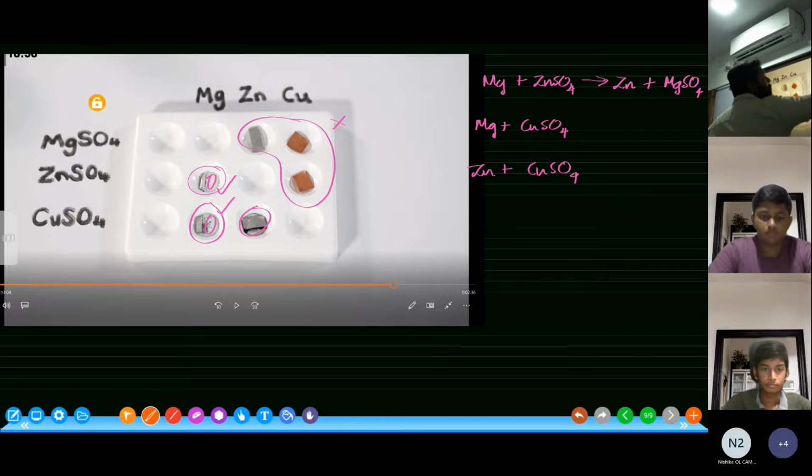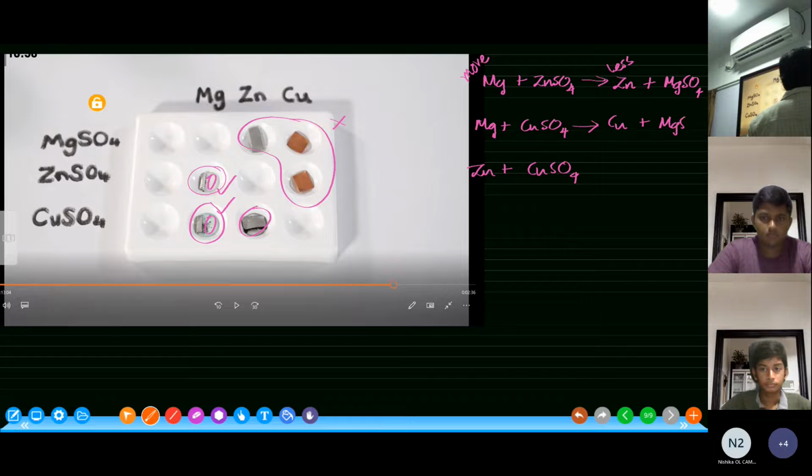So if magnesium reacts like this, it means magnesium is more reactive than what? Zinc. Only the more reactive metal can displace the less reactive element, right? So magnesium reacts with copper sulfate means you get copper and magnesium sulfate. Not only the color of the metal, even the blue color has faded, right? Because copper sulfate is blue in color. Magnesium sulfate is colorless,